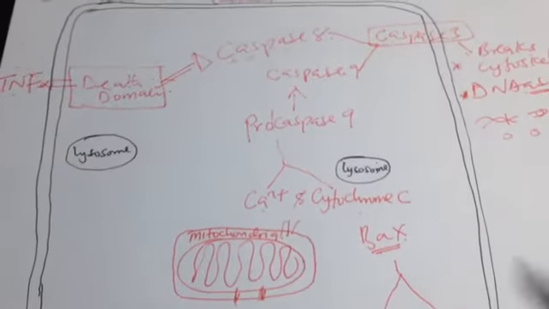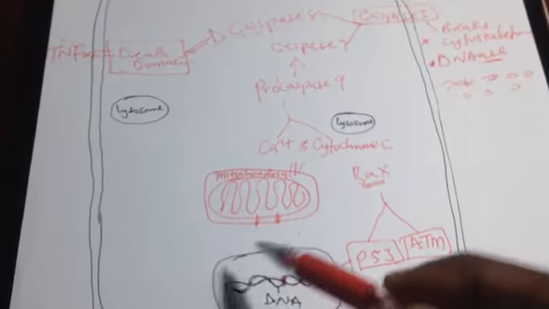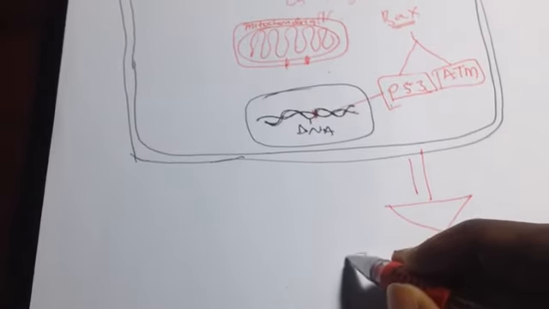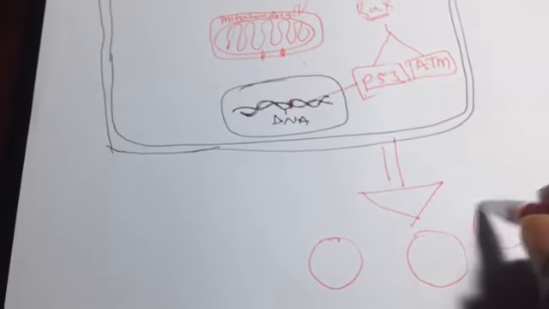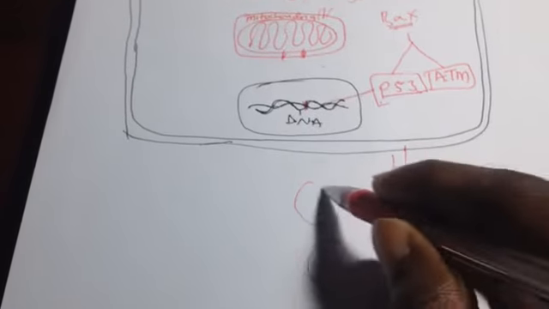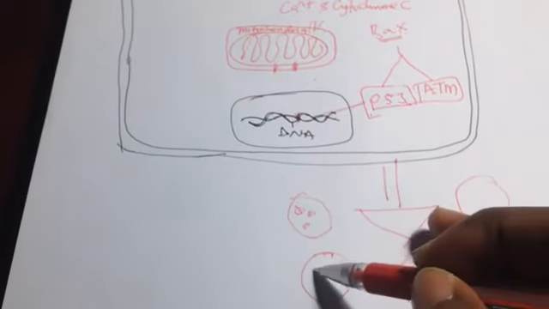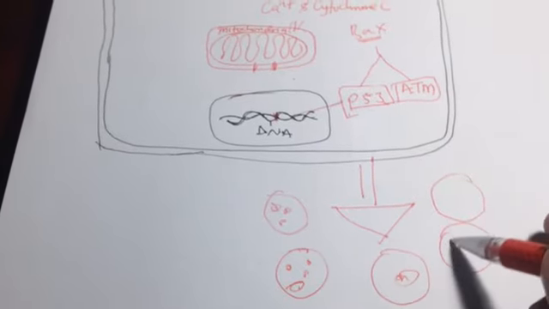So now at the end of the day, after the cellular DNA is cut into fragments, this cell will convert into something called apoptotic blebs. The cell will be pinched into little tiny pieces like this. Some apoptotic blebs contain fragments of the nucleus, some contain lysosomes, and some contain mitochondria. So the cell will break into pieces.